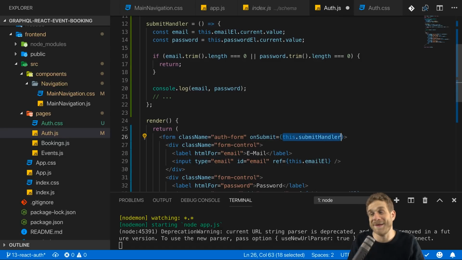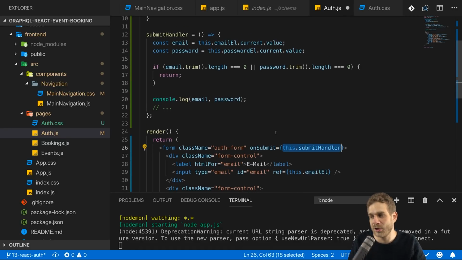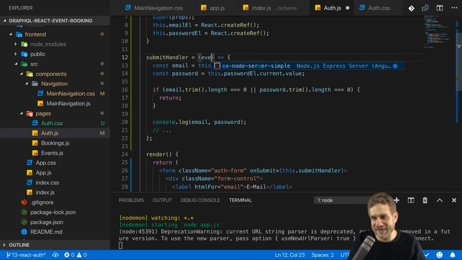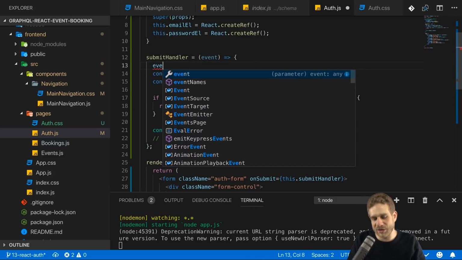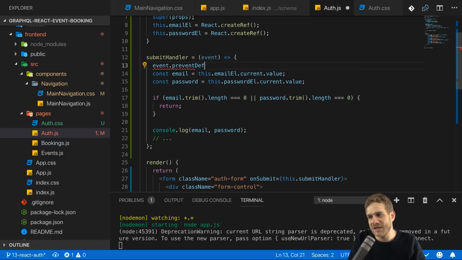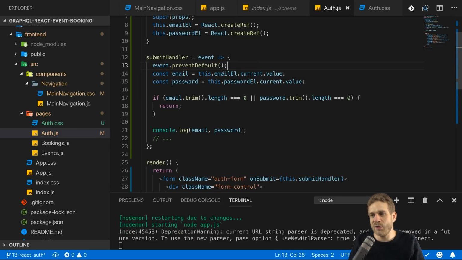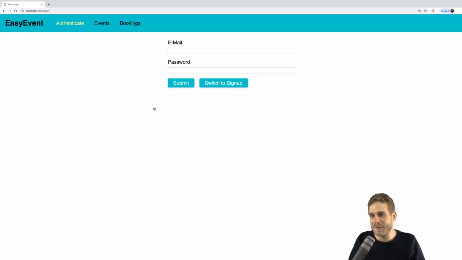This event object is passed into this method, which we bound here, with its reference being shared here, automatically. So we actually can expect the event object here as an argument. And the first thing I want to do here is call preventDefault to make sure that no request gets sent. Now with that, if we save all of that, let me open up the developer tools here